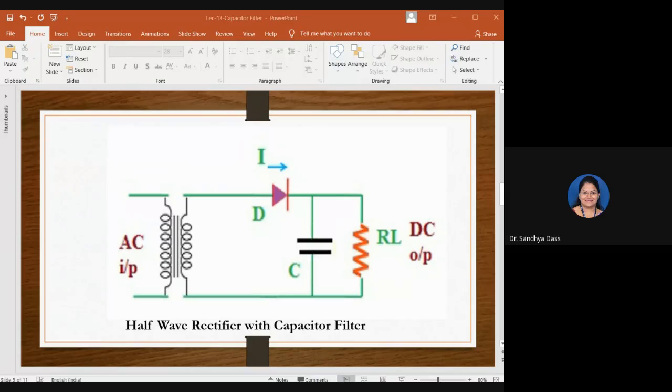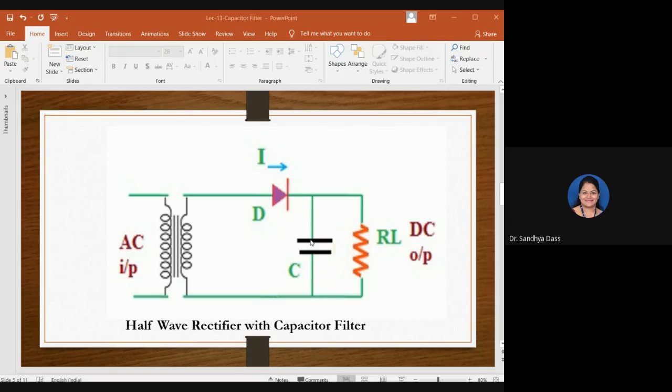So whenever the AC voltage is applied to the circuit, throughout the positive half cycle, the diode allows the current to flow through it, right? We know that a capacitor gives a high resistance lane for DC components and a low resistance lane for AC components. So the flow of current will always choose the low resistance lane. So the DC component flows through the RL, or the load resistor, as you can observe here.